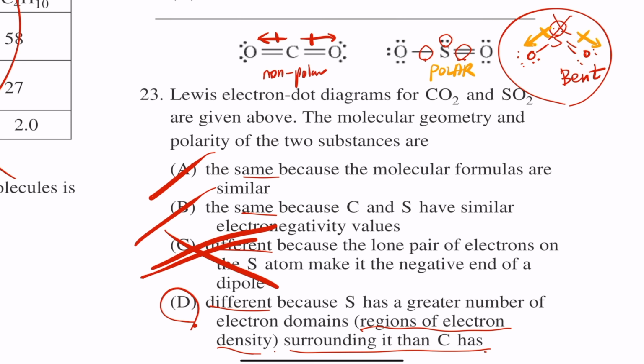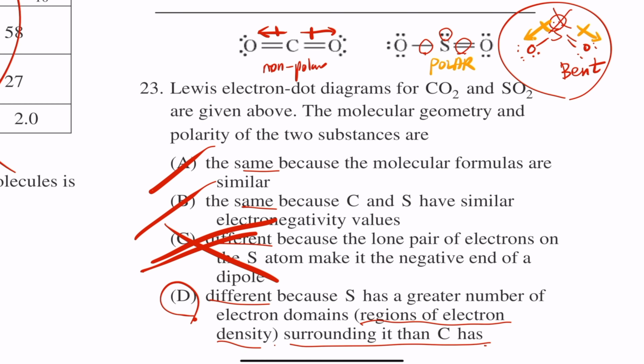Because if you think about it, sulfur is a bigger atom than carbon, so it's got better polarizability, so it does have that bigger electron density. So now, even if you didn't really understand what choice D had to say, you can kind of just guess because once again, they should definitely be of different polarity and different molecular geometry, so that easily eliminates